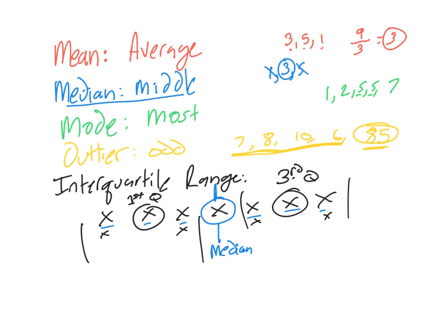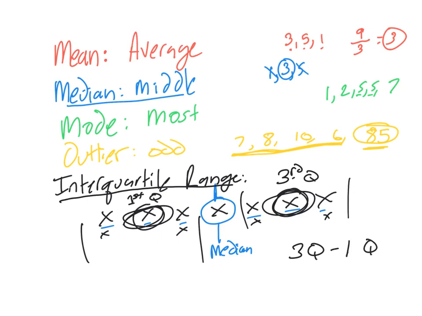Now, the way you find the interquartile range, you take the third minus the first. So it's the third Q minus the first Q. Third Q minus the first Q. So whatever is that minus that will get you your interquartile range. Okay, that's just a really short, really quick review of those